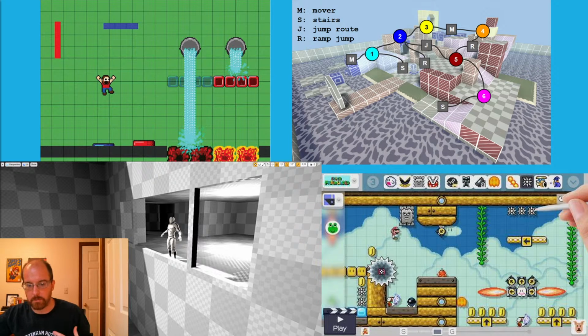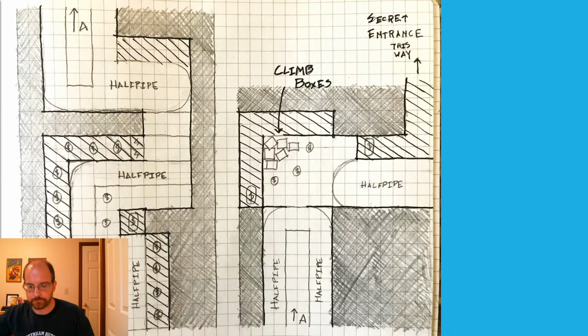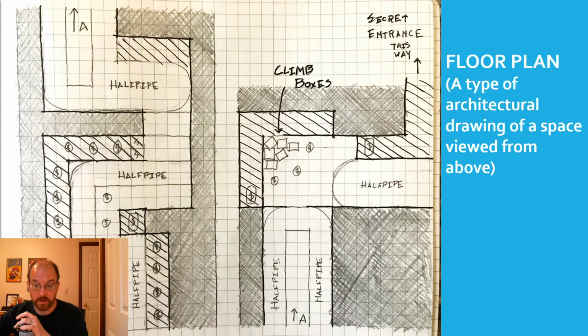So this is a really powerful skill to understand, even though it seems so basic. A lot of design can be based on diagramming and drawings, but once you get into actually designing your real level space, there are a few types of drawings that can be very useful that actually do come straight from architecture. One of them is a floor plan, a top-down map, and you can really see this probably one-to-one with your current